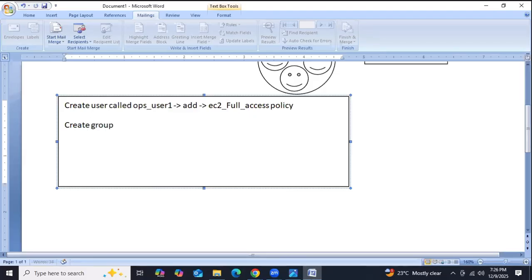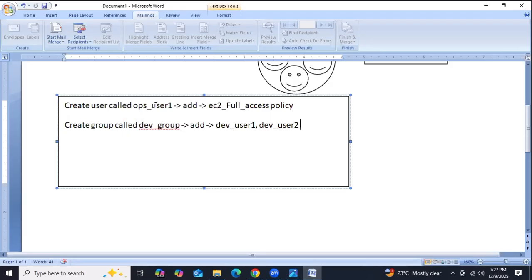Create group called dev group. Clear? Add dev user 1 and then dev user 2. Means you need to create 3 users now.